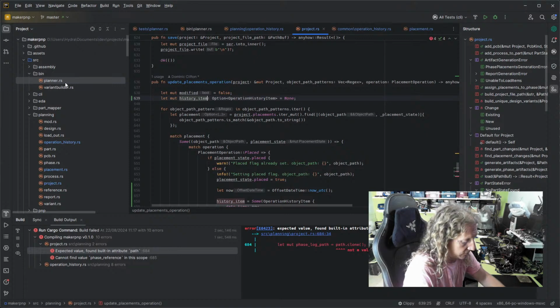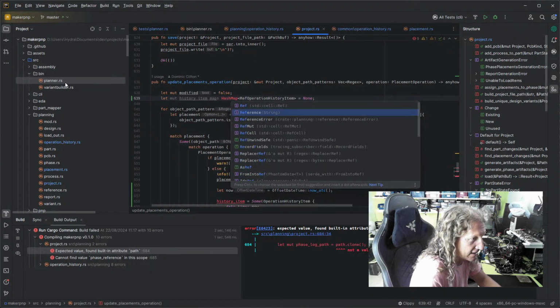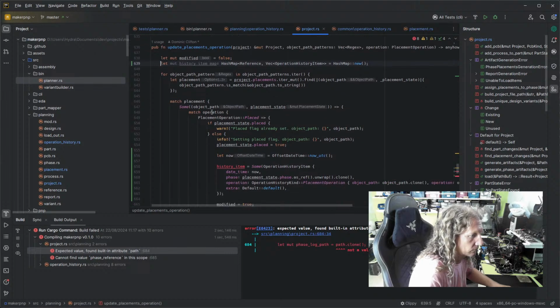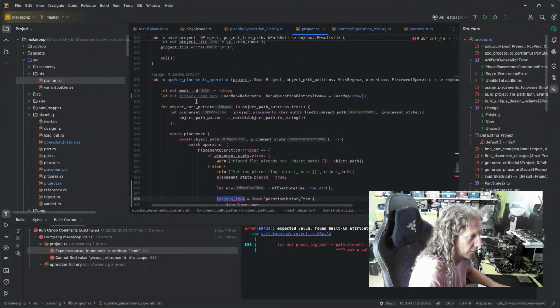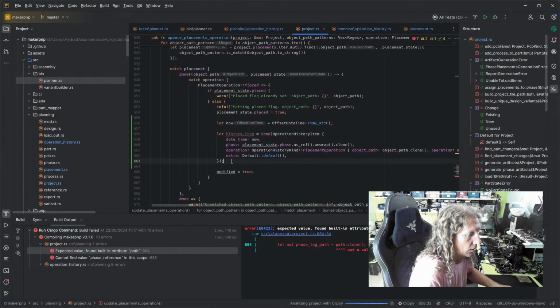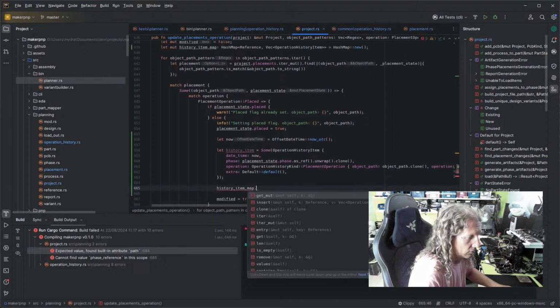So let's create a map. So this is going to be a hash map of a phase reference and a vector of these. Good lord. Right, so we've got this history item and we need to stick it in this map given the phase reference. Sure. So we're going to go history item map dot